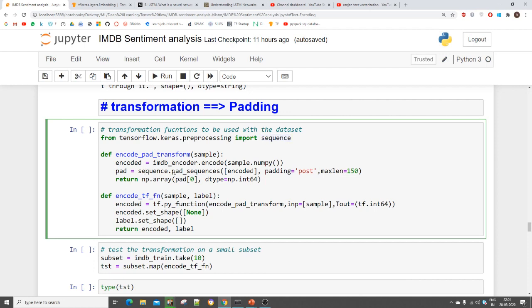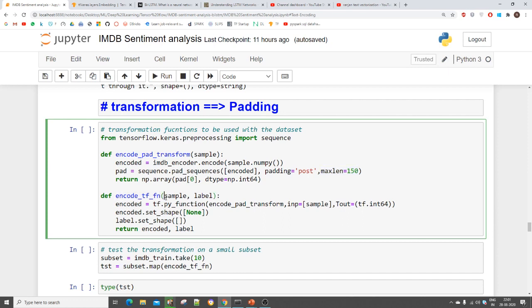So sequence.pad_sequences, where I use my encoded data and padding='post', so that I add the padding at the end. The maximum length would be 150, so the number of words in one sentence I have to take care of till 150 only. I can use any number here, but I am using 150. It will return a numpy array with padding, the padded value.